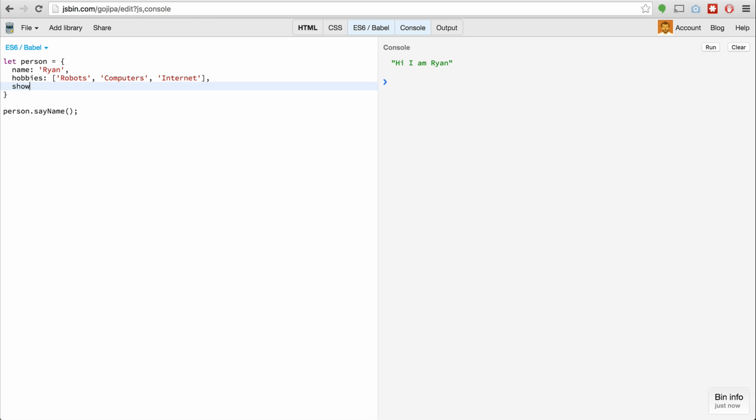And let's have a show hobbies method. We'll just do this syntax here so that we explicitly see that we're using this anonymous function, the regular way of writing a method. And let's say that in this show hobbies method, we wanted to simply print out Ryan likes robots, Ryan likes computers, Ryan likes internet for each hobby in that array. So we're going to use the for each method on the array. So we could do this dot hobbies